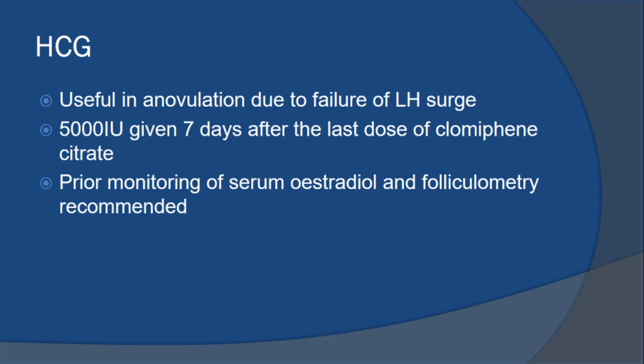Human chorionic gonadotrophin, or HCG, is useful in anovulation due to failure of LH surge. We said LH surge is the one that triggers the final maturation of the follicle. So if there's failure of LH surge, there won't be ovulation, despite the fact that there's a properly developing follicle. So it is given at a dose of 5,000 international units 7 days after the last dose of clomiphene citrate. But you must monitor the serum estradiol and follicle before you give HCG to prevent the occurrence of ovarian hyperstimulation